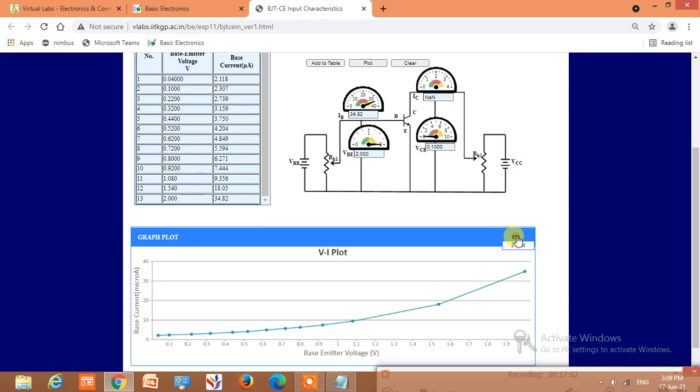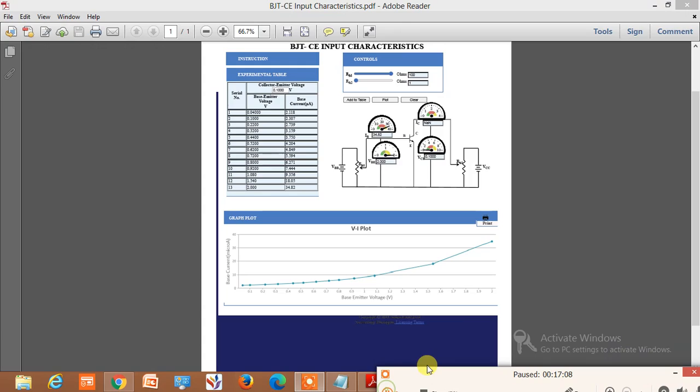Click on the print button. So this is the PDF page generated. It has the title BJT common emitter input characteristics, observation table, circuit diagram, and the VI characteristics plot.